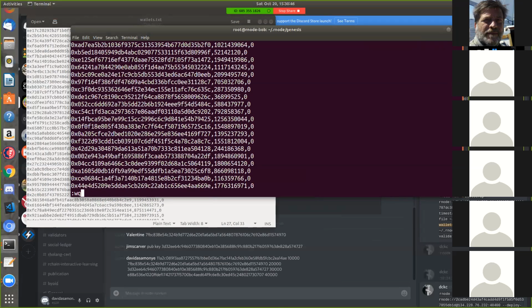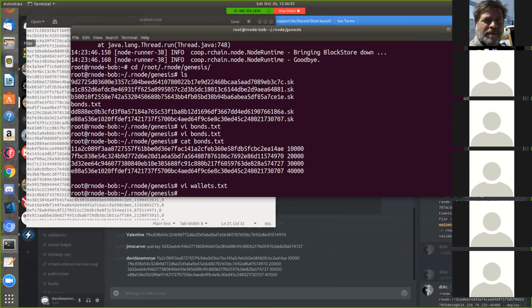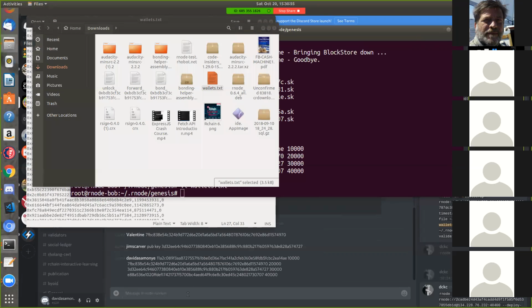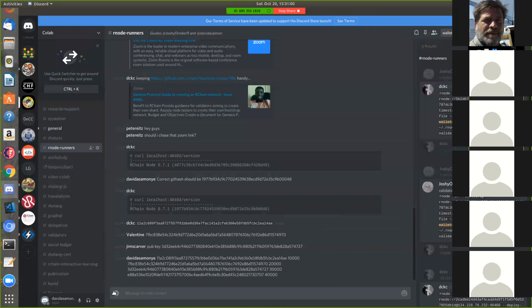Yes, so that's the wallets file, and I'm going to drop a link to that on Discord. Now, these are not the wallets that we just created. Oh, right. Okay, so they're not related. We just all have to agree on how much money everybody has. Yes.